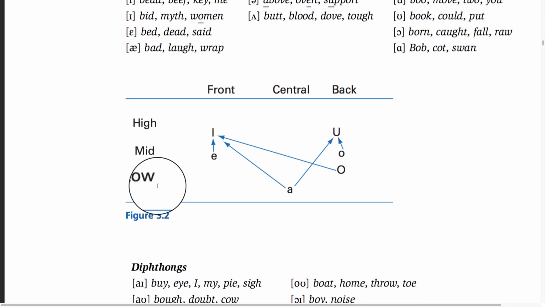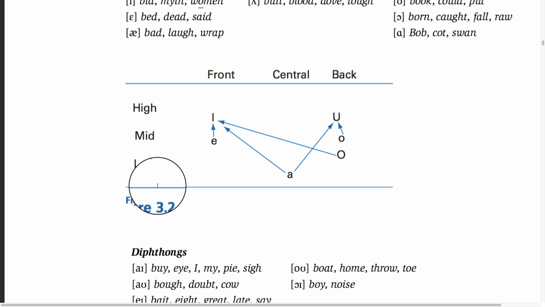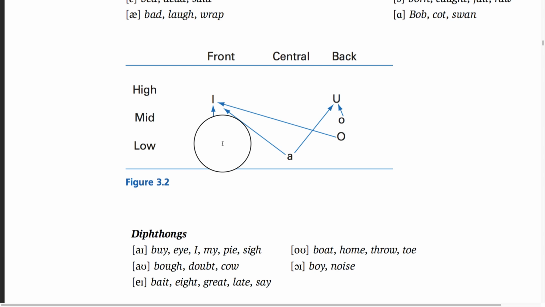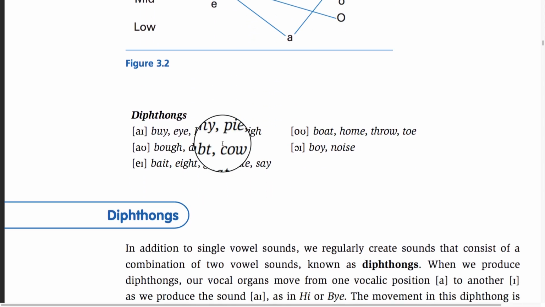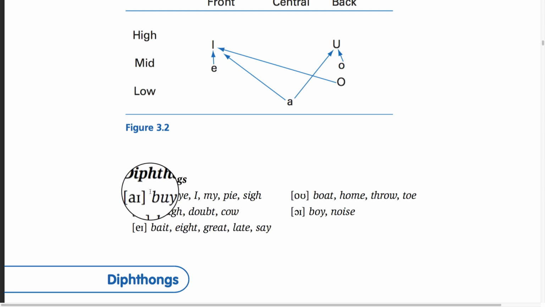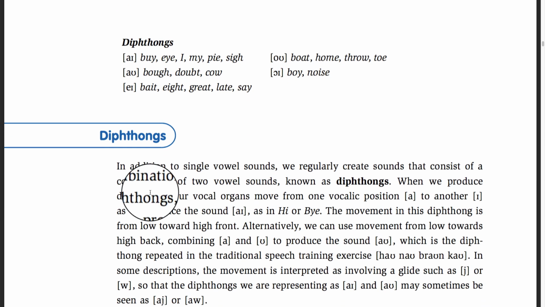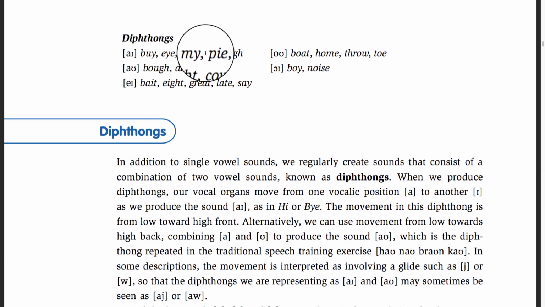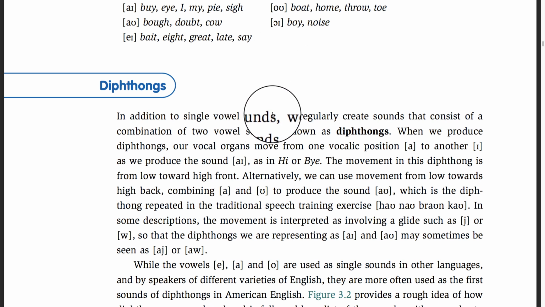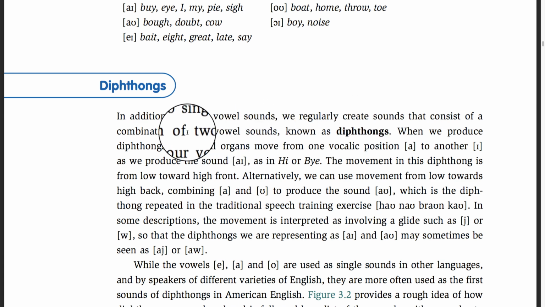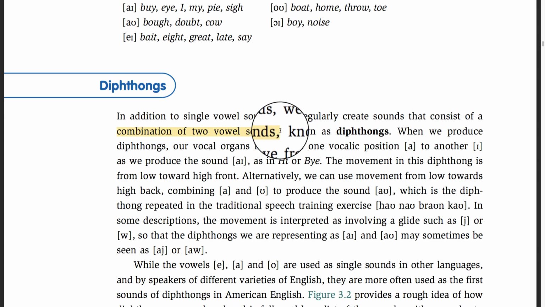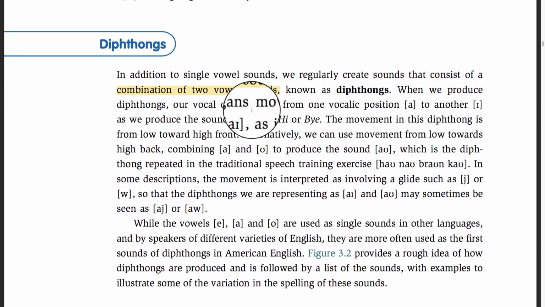وهذا إذا تدرس موسيقى راح تعرف شنو high, mid and low أكثر. أكو الارتفاع الصوتي مالتهم بالفم، وجودهم بالفم يحتاج لك فترة تدريب حتى تتعود عليهم. إذا أنت ما مختص باللغة فما أعتقد راح تفيدك هذه، للمختصين تحديدا. عندك هنا الديفثونجز، اللي هي we regularly create sound that consists of a combination of two vowel sounds. فالديفثونجز هي تركيب من صوتين علة موجودات، two vowel sounds.